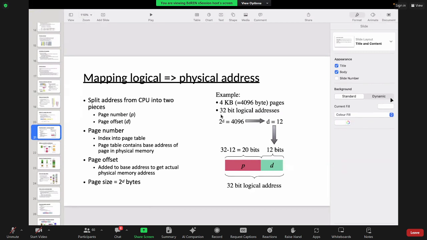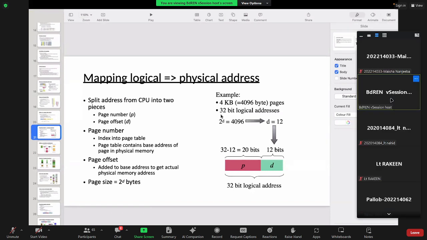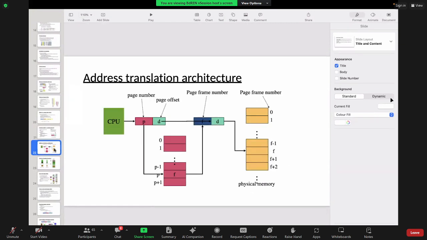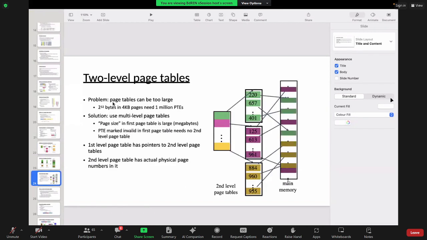It will be very huge, and sometimes the memory itself is not sufficient to hold the page table. So the next best solution they invented is the multi-level page table. Instead of having only one page table, I'll have multiple levels: one page table, then one more page table, then one more, something like this. We'll just see 2-level page tables.